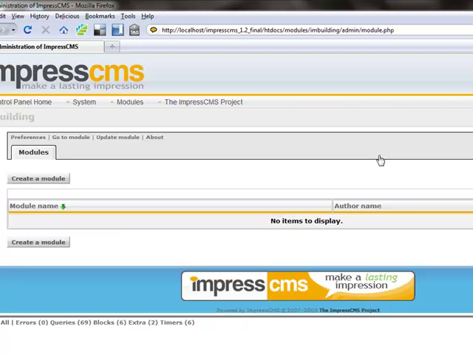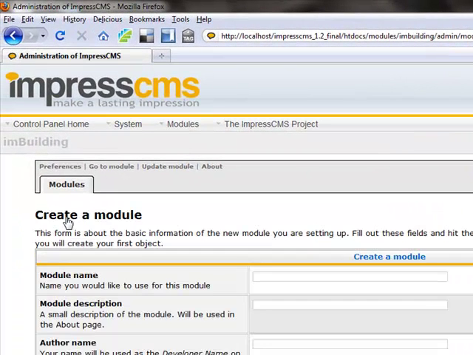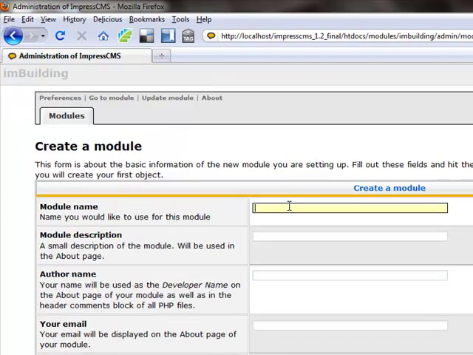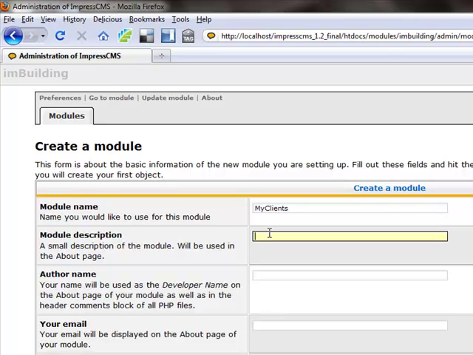Now let's say we are creating a module to create clients. So I want to manage client information on my site. So I'm in the imBuilding module, simply click on create a module and let's input the basic information about my module. So the module name will be, for example, my clients. I can add a small description, managing clients info, author name, so you can input your name, sorry,